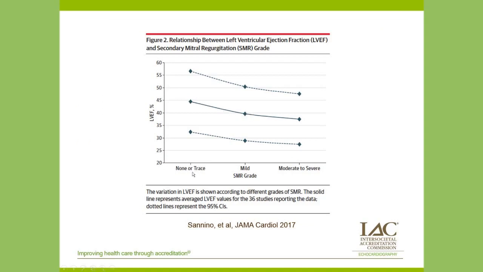Patients with no MR had an EF of about 45, mild MR, EF of 40, severe MR, EF down toward 35. This is the opposite of what you expect. We know that MR augments EF, so this curve should go this way, and it goes that way. So the implication here is that the worse the LV dysfunction, the more the MR. And this creates the conundrum of, if you fix the MR but don't fix the LV, have you done the patient any good?